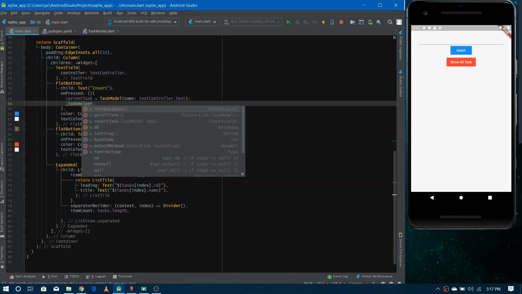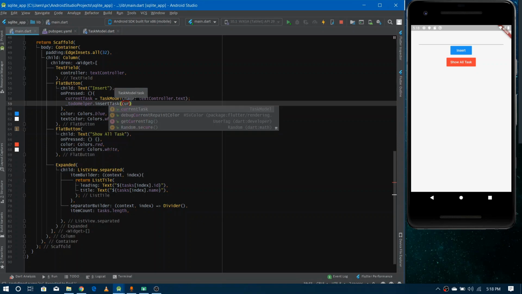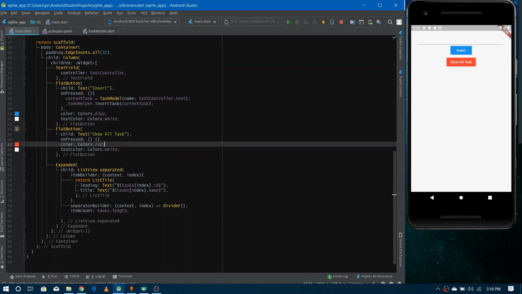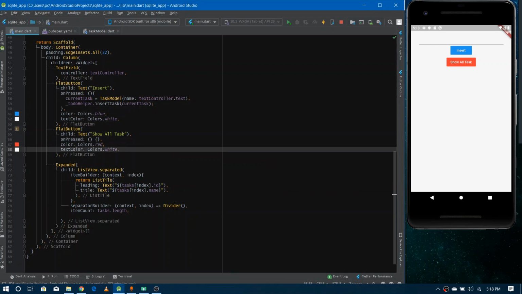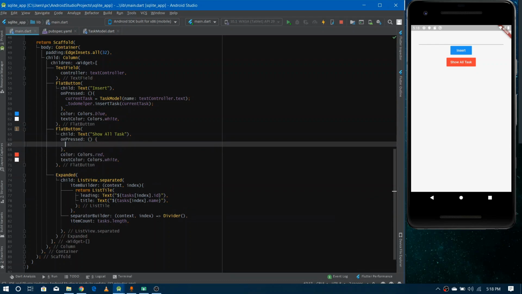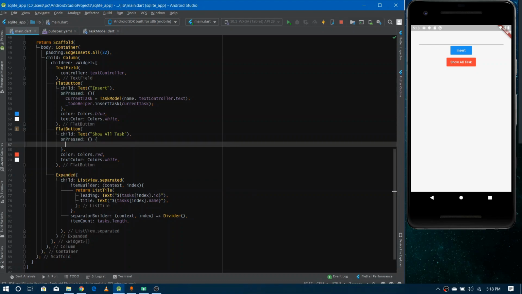So now firstly we need to access the insert task, and we need to pass here the task. So you can just say use here current task. So I have inserted here, and now we need to do another thing. Inside this we need to just call the